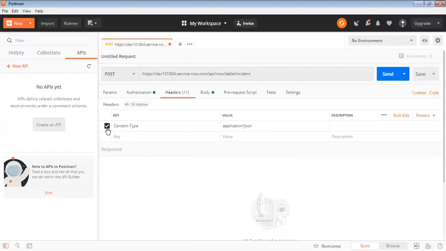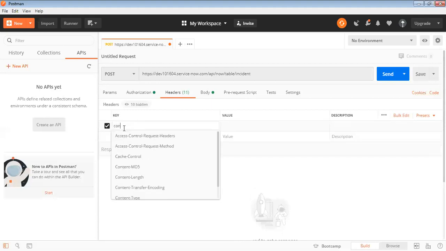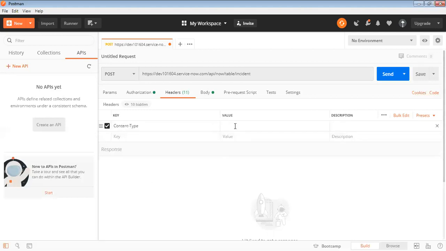Then header. If you remember, we need to define which content type you are going to send. It doesn't come by default. So here you will have to type it; in their tool they will have to put it somewhere, depending upon how it is configured in their tool. In Postman, you can define it here. That is something we don't need to be bothered about, right? They should know how to do that.